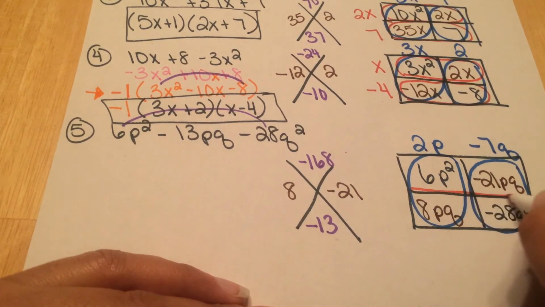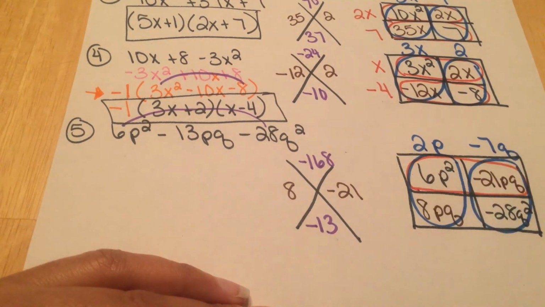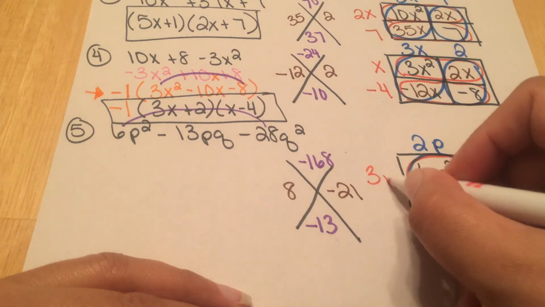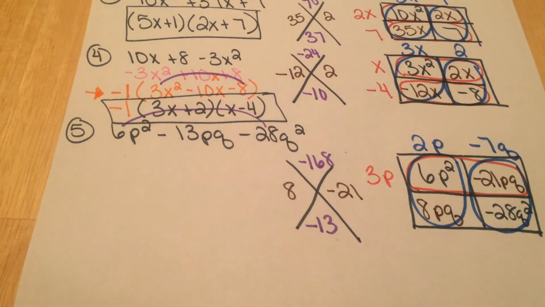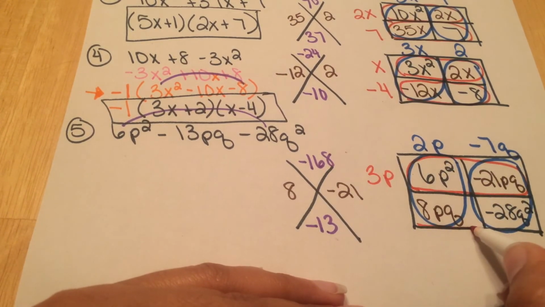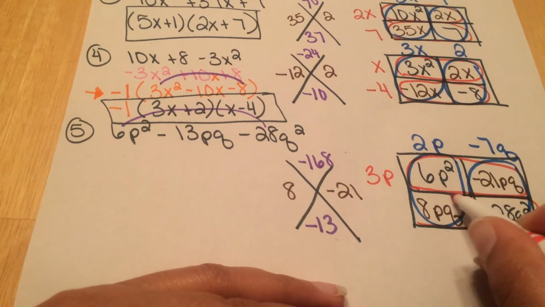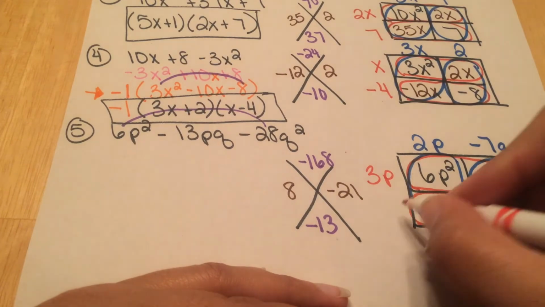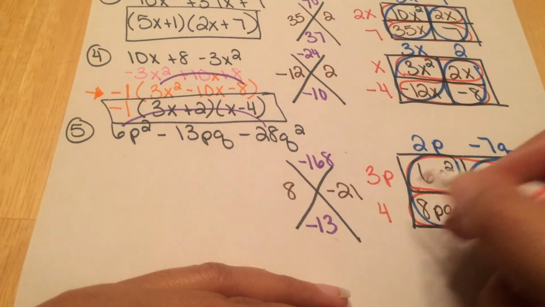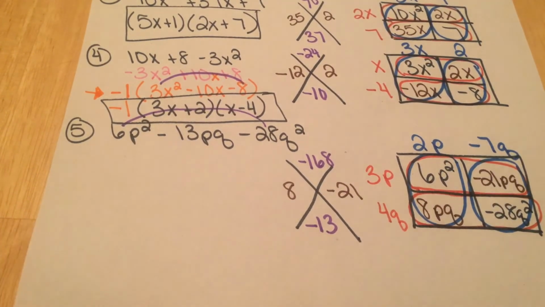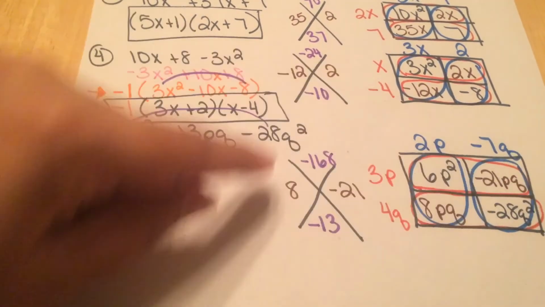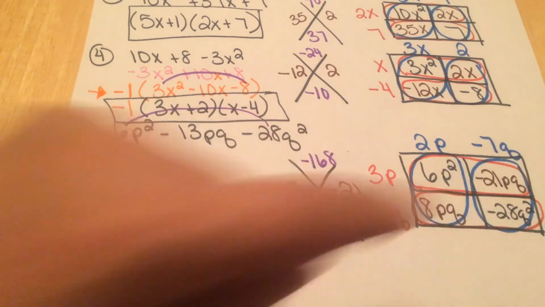6P squared times negative 21PQ has a 3P in common. And our GCF between 8PQ and negative 28Q squared is going to be a 4Q. Okay, so now that we have that, if we want to go ahead and check our multiplying, again, when we multiply those back,